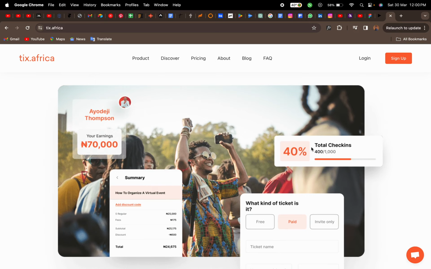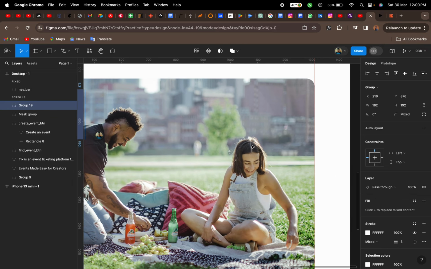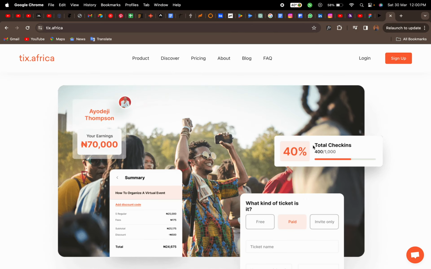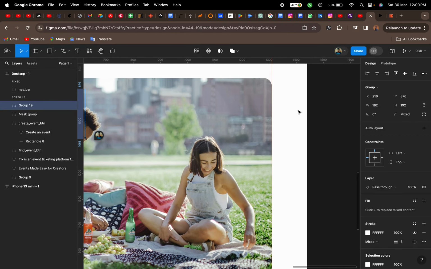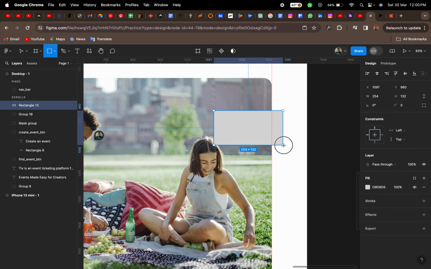You have to replicate everything there. So now we would replicate this. Just draw a rectangle and we are done. Okay, so I'm trying as much as possible to make this video really short, right? So we have to create this. Draw a rectangle, make it rounded, so make it let's say 15. Then make it white,